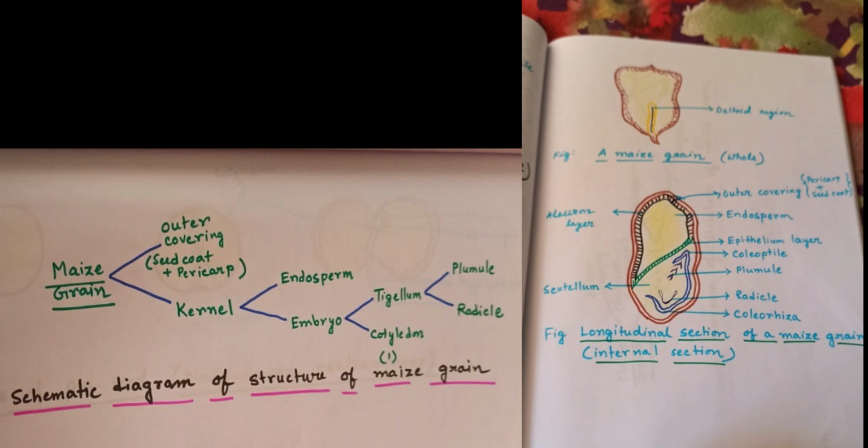So this is all about the structure of a monocot seed, and I have a schematic diagram for you which I have attached with this audio document. Please follow this schematic diagram. I hope your understanding will be easy. So students, follow my class and just read the textbook, and I hope you will all understand the topic seed. Okay, thank you students.